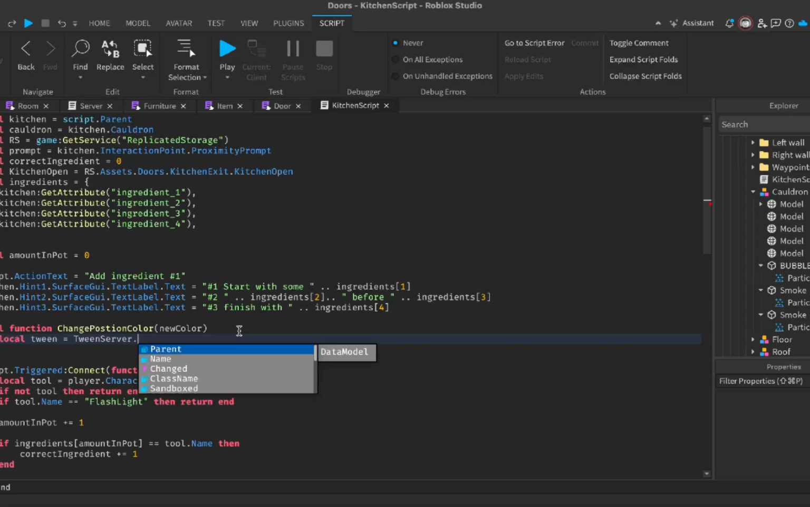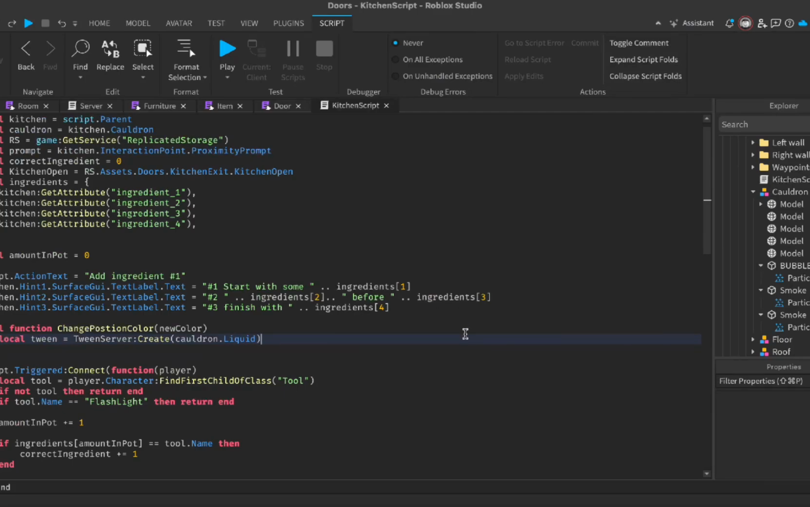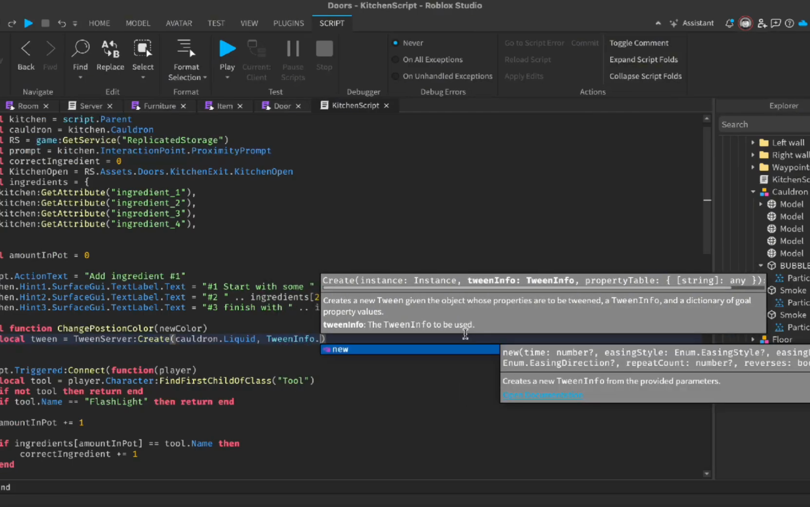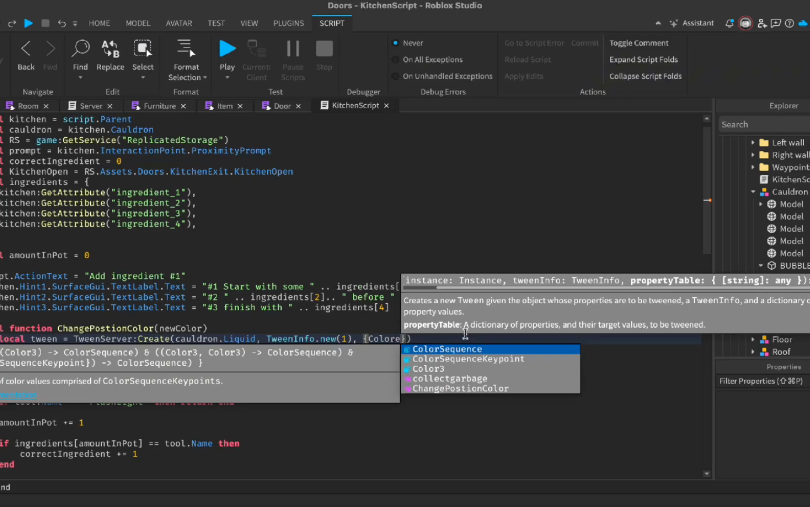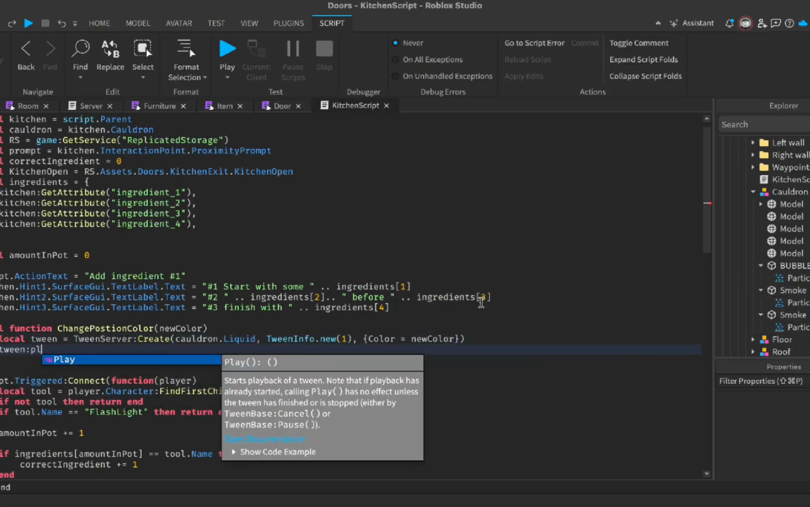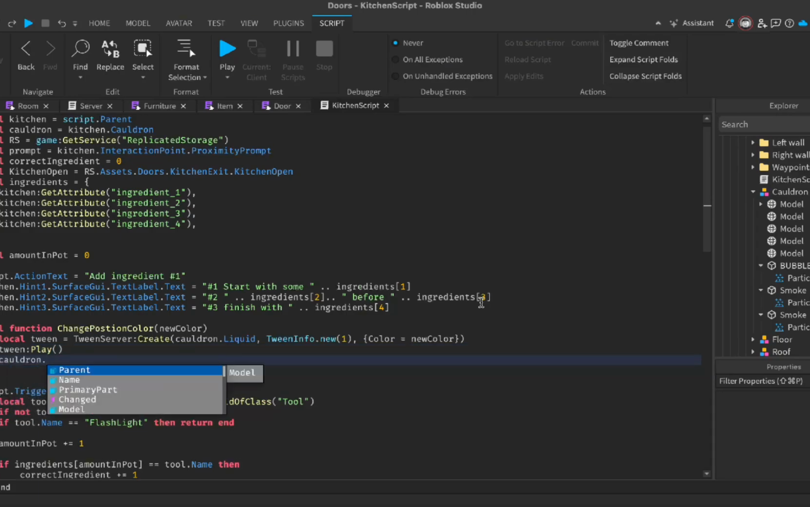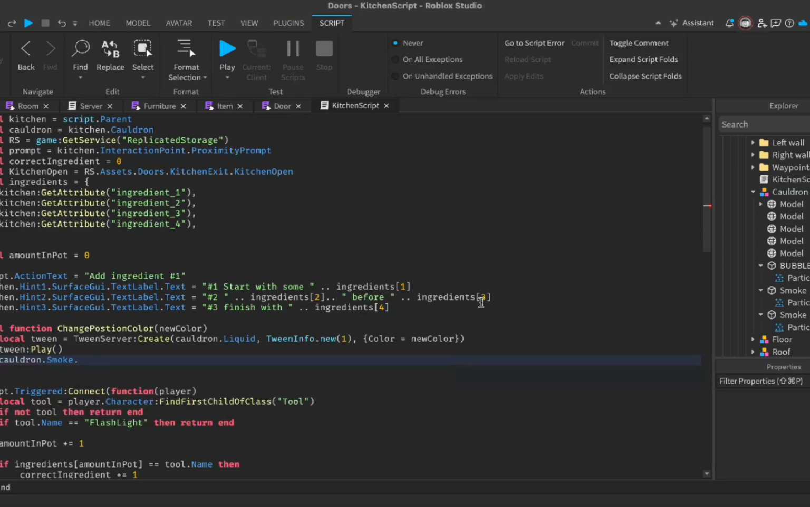and then go here the local tween equal tween server dot create, and cauldron.Liquid, and then TweenInfo.new and one, and then say the color equal the new color, and tween play, and say cauldron.Smoke dot the color